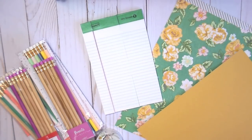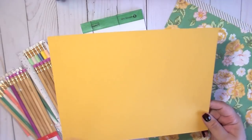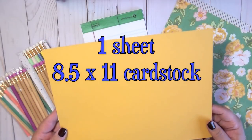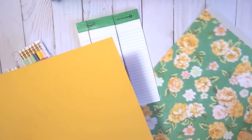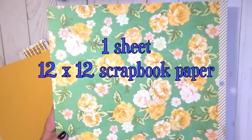I'm also going to share with you all the materials that you're going to need for this project. Remember, you can tweak it and make it your own, but this is what you'll need to make 4 of these. Just multiply this by however many you want to make. To make 4 skinny notepad pencil sets, you're going to need a piece of 8.5 by 11 cardstock that coordinates with your scrapbook paper, and a 12 by 12 piece of scrapbook paper,